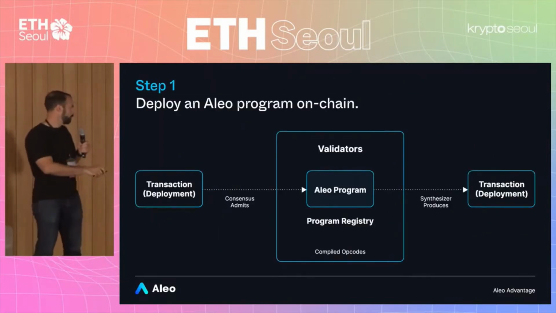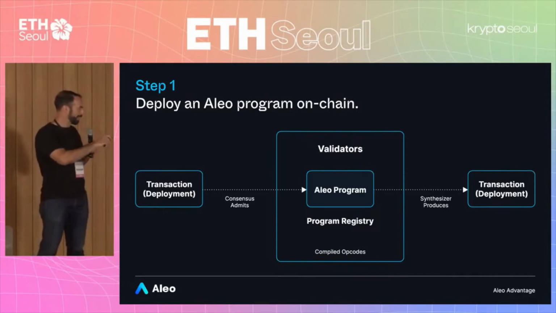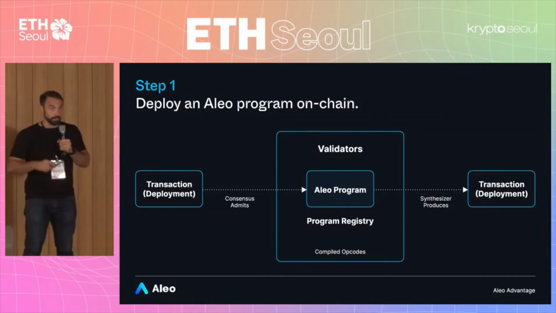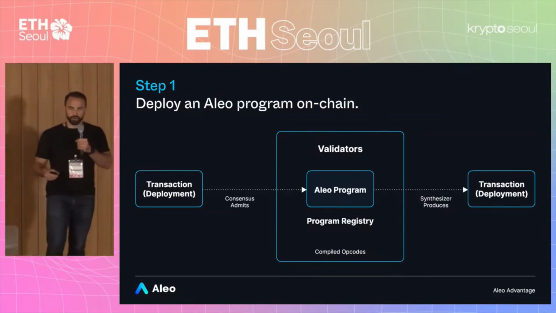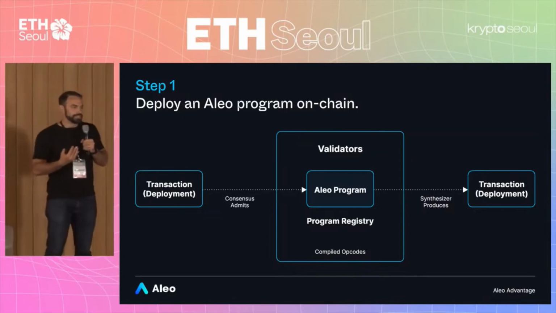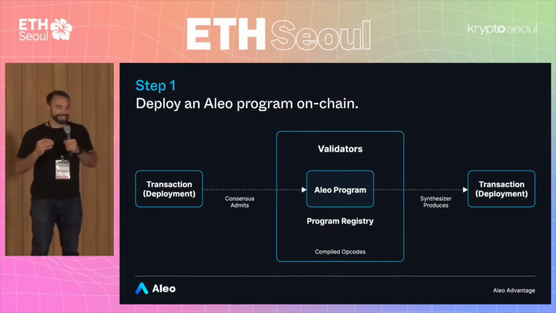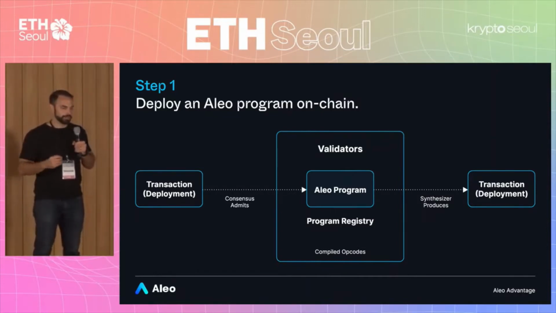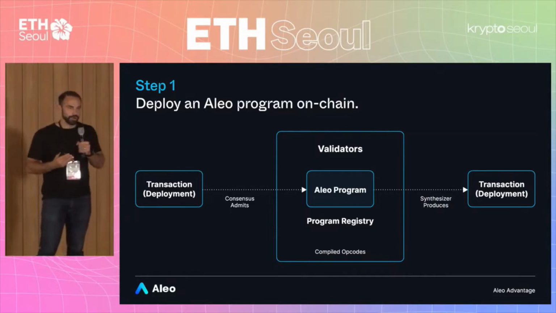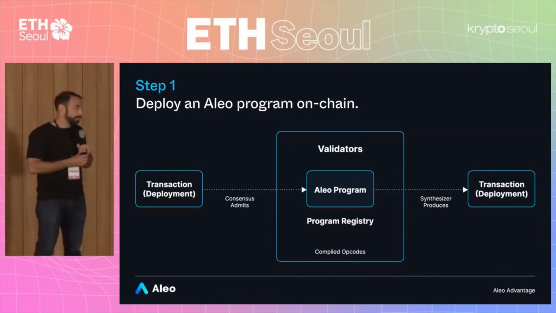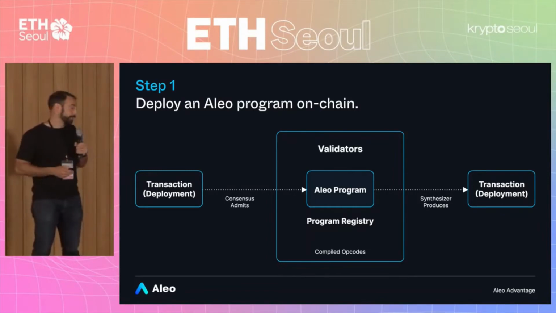Okay, so I kind of went through all this. Instead of going through this all again, let me just say one thing quickly about what makes the architecture different than something like Ethereum or many other chains. I mentioned a minute ago, when you deploy a program, you deploy to a program registry. So what that means is there's effectively a namespace that exists on chain that's tracked by all the validators, because this is exactly how you know what program you're interacting with. Because if I just give you a proof, you don't know what program it is, it's impossible to reason about a state update. So this is an interesting thing and opens up a lot of doors to potential applications. So you could have a namespace and put anything inside the program ID. So this is, in addition to being useful for programs, could also be useful for identity applications or other things.